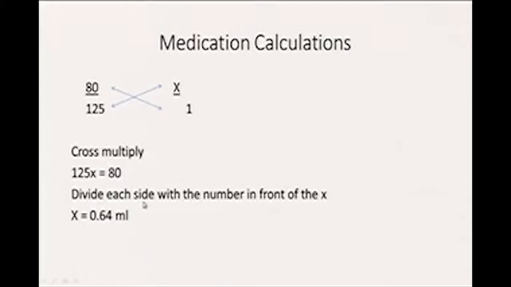Let me stress to you how important it is that whenever you set up anything, when you take your multiplication out, you can use this formula, right? It's very important that you put this zero in front of your decimal. If you don't put that 0 there, then somebody may not see the decimal and may think that you want them to give 6 milliliters or 64 milliliters, right?